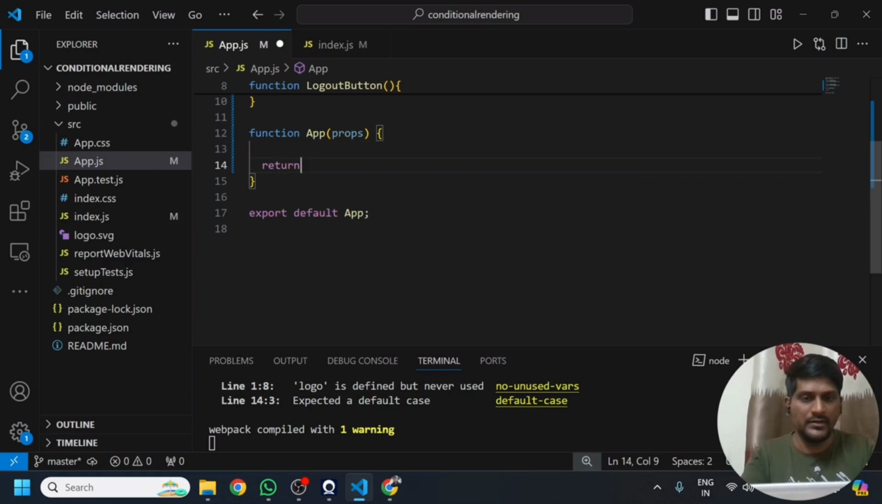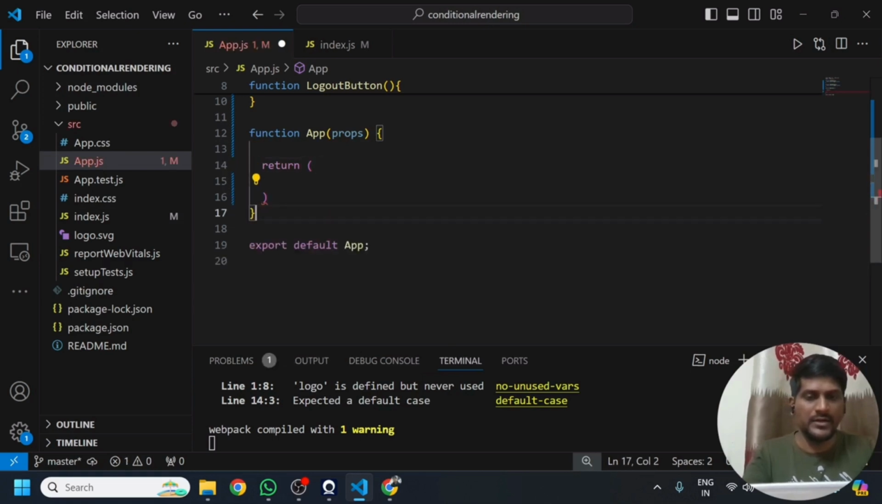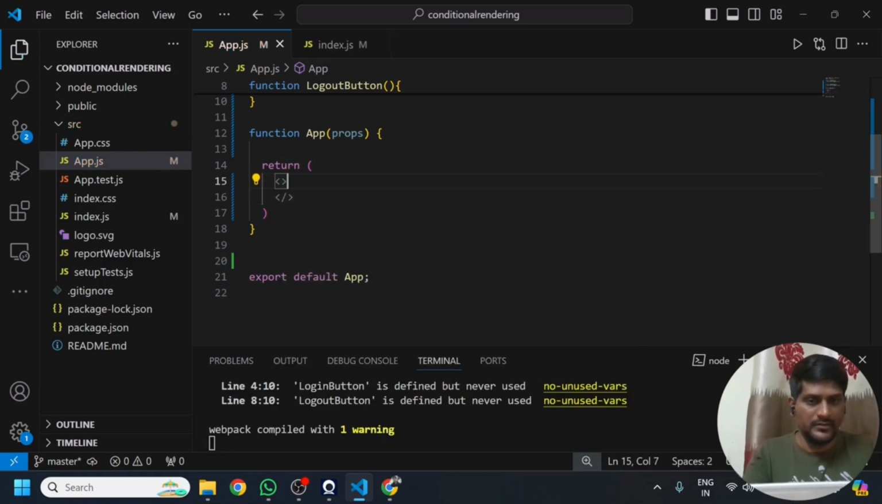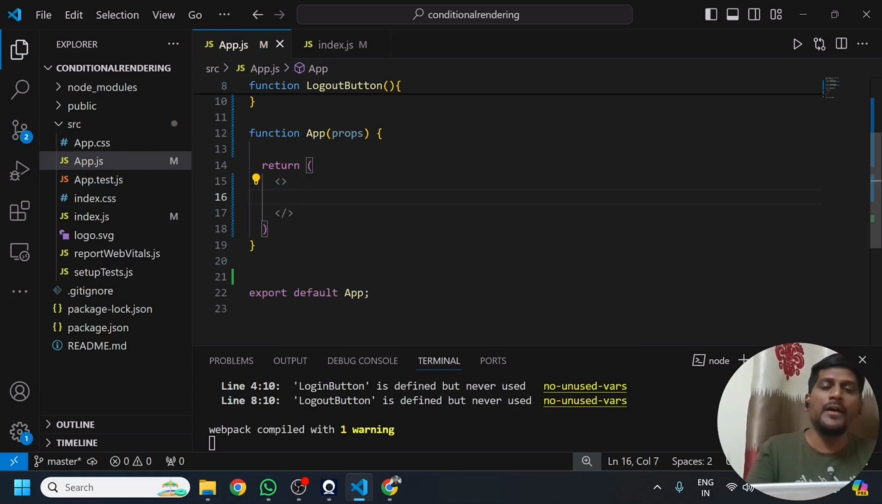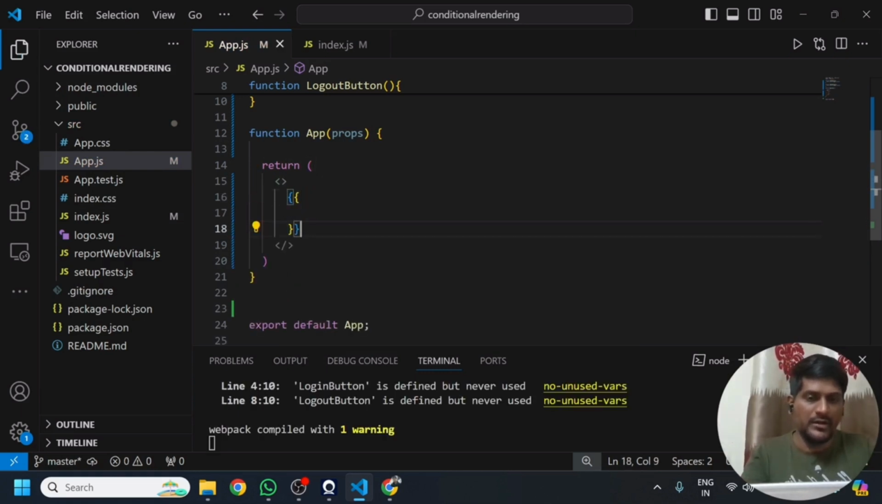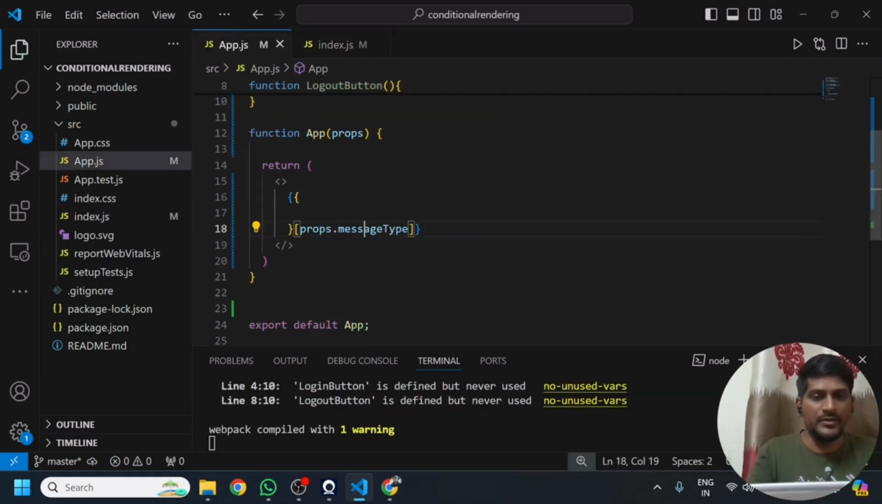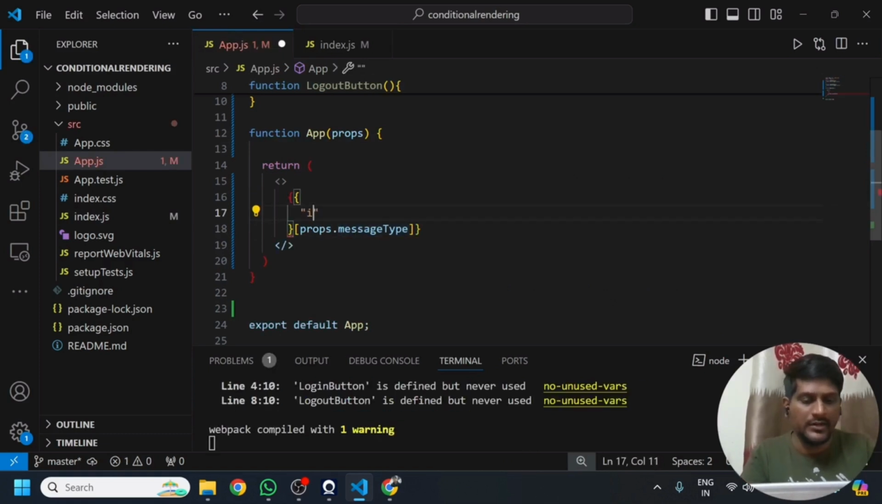I'll just return. This is a function I'm saying, and this is higher order components. Okay, and here we need to pass what value we want to filter. So I'll say props dot message type. So let's copy it from here, so there will be no spelling errors, typographical errors. And now here I'll say if it is info,